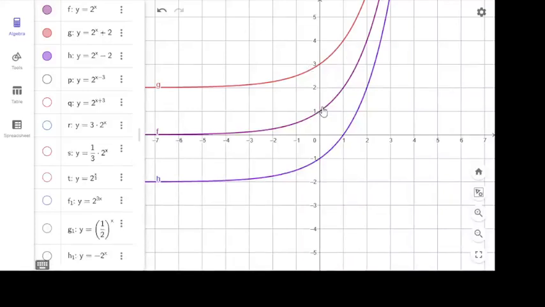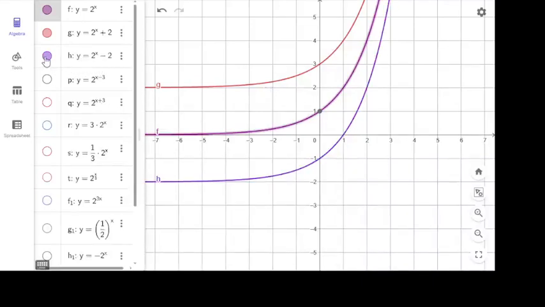So it will come up 2 units, and my horizontal asymptote would be 2 here, while the initial was 0. Exactly, I take this graph and bring it up here, which gives me 2 to the power of x plus 2. How about when